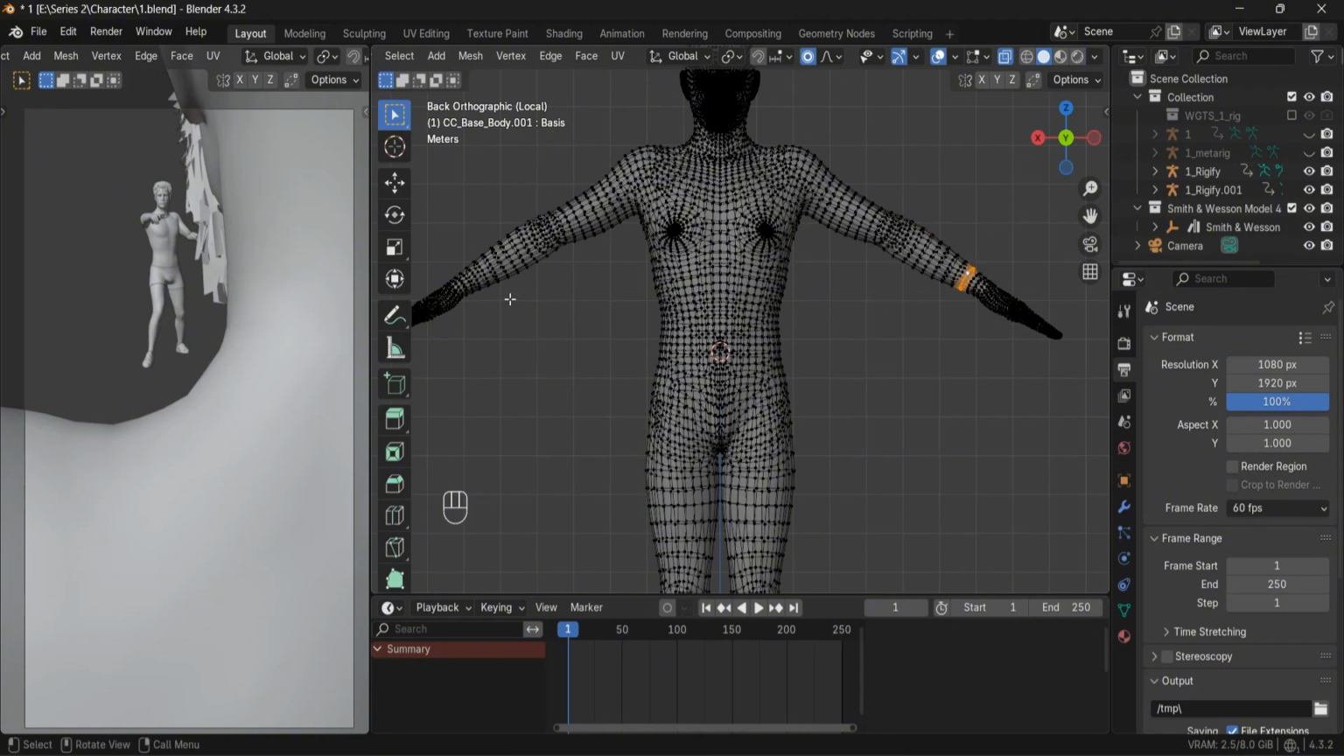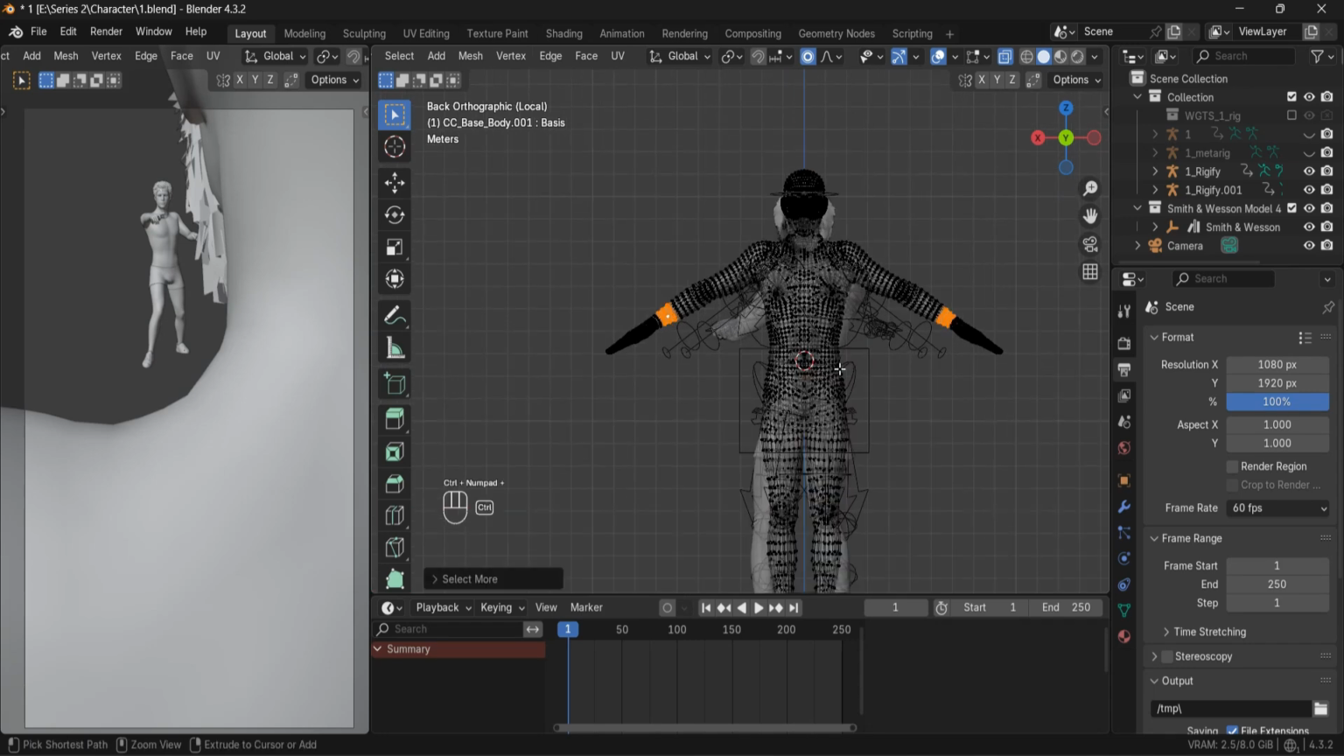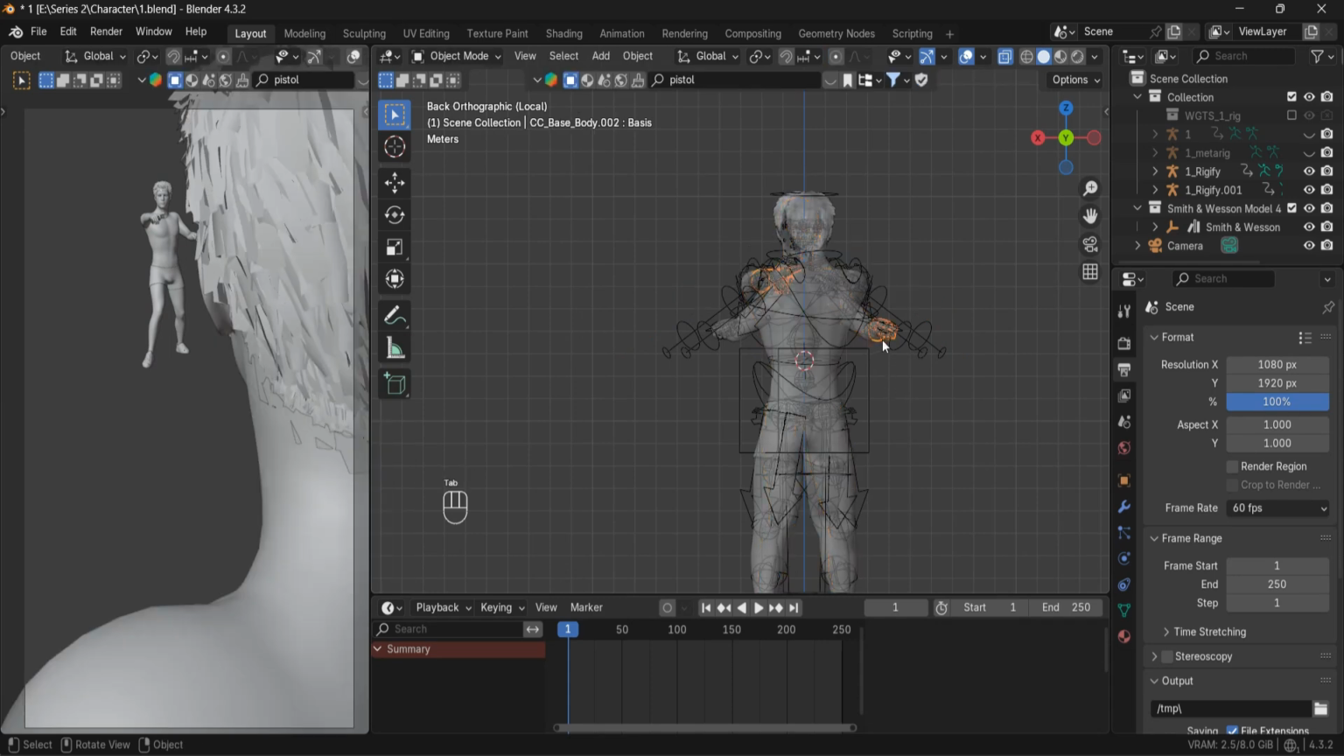Okay. And same for here. Press Ctrl+C on your keyboard and select the whole hand. Okay, and separate it by selection. Now what we can do,